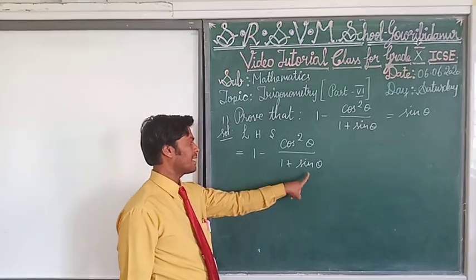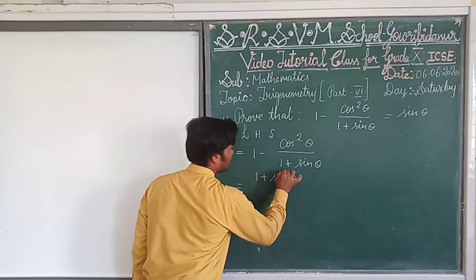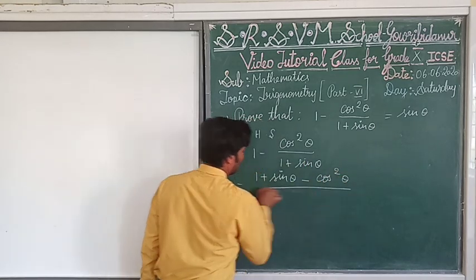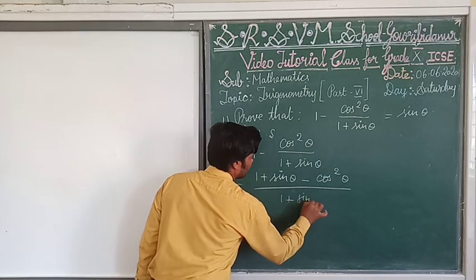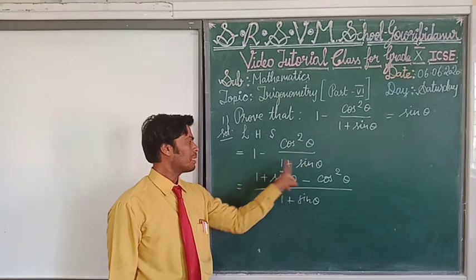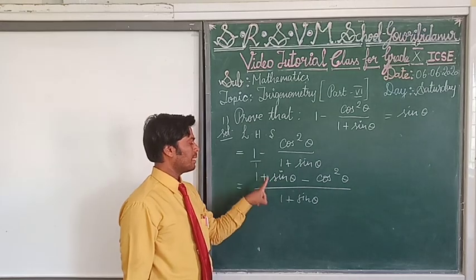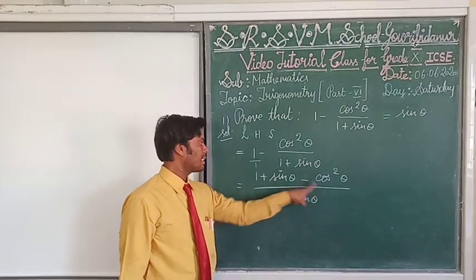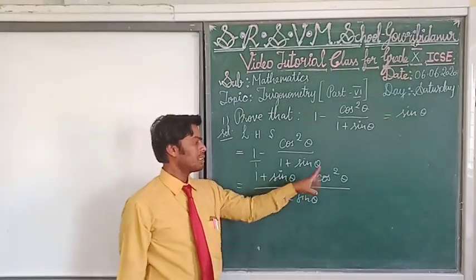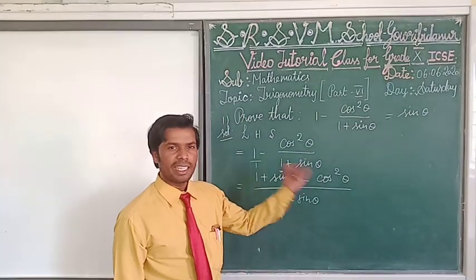The same, like this: 1 plus sin theta into 1 plus sin theta. Already minus is there, minus cos square theta divided by 1 plus sin theta. This one multiplies with this one only, again one multiplies with this one only. It will become like this. This one multiplying is written here, this one multiplying is written here, the middle minus sign is there, and again this one multiplying is written here. Afterwards, this cos square theta we don't want, because the answer RHS is in terms of sin theta, so change it in terms of sin theta.